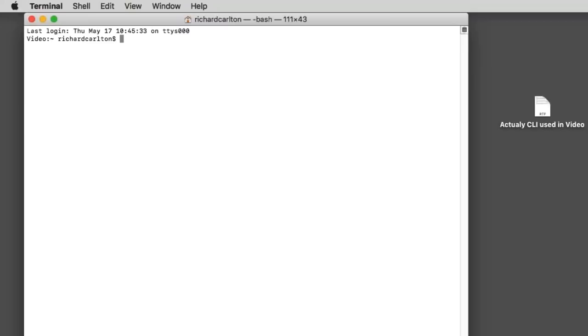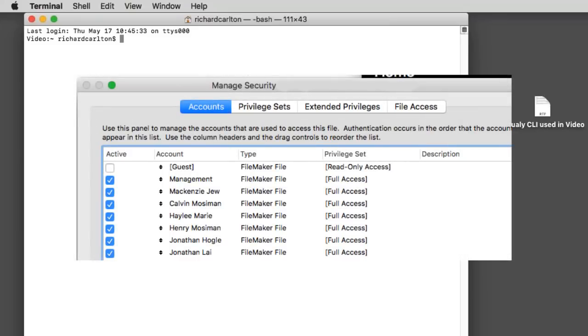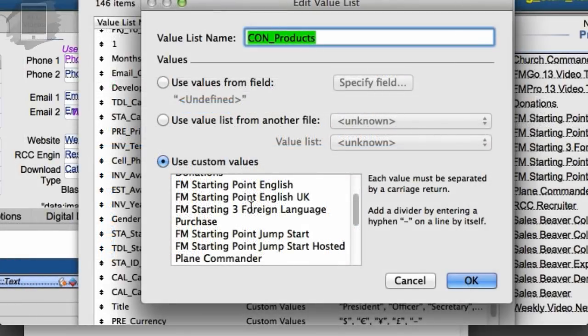Obviously there would be ideas for us to customize this or adjust it to be more precision oriented. It's pretty precise now, but the rules that I gave you are kind of absolute and non-negotiable. The only thing you can adjust is whether the security accounts come over from one side to the other, and the value list. The value list and the accounts are considered data. So if you add 5 new people, that's considered data that comes over normally. And for a custom value list, where people go into an edit box and customize the value list,